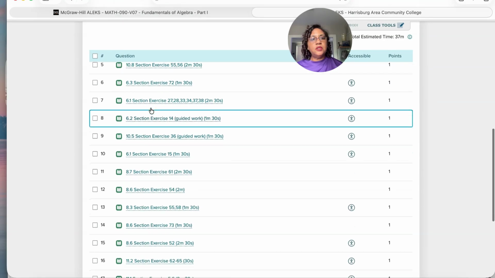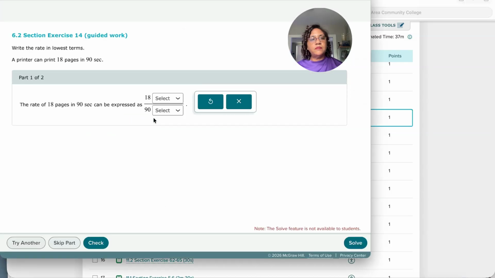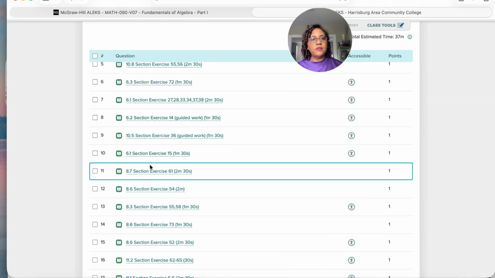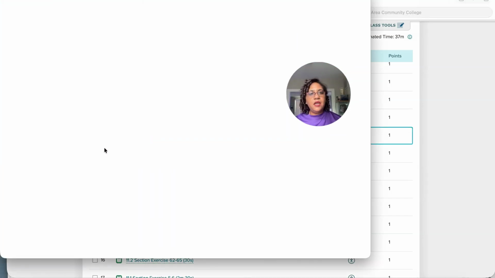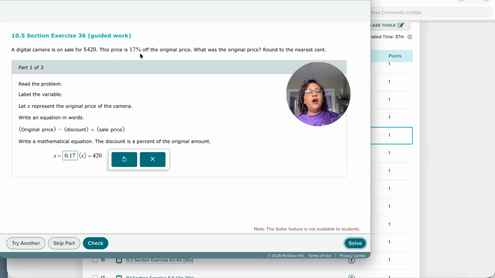6, did I look at 6.2? You just write it in lowest terms. Simple enough. 10.5. Did I look at that already? No. So you're just going to calculate the discount. They're taking you step by step, but you can just change this to a decimal. Digital cameras on sale for $420. This price. Oh, so then you need to